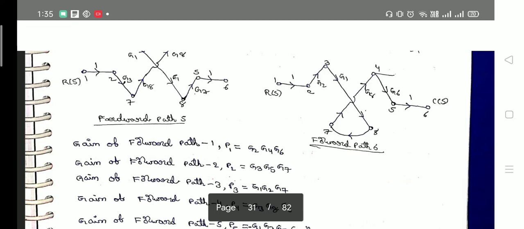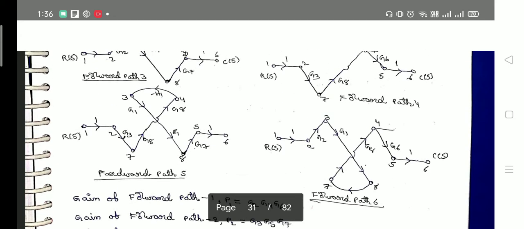This is the first step. The forward paths are very important first in this signal flow graph. If we make a mistake in the forward paths, the whole problem will be wrong. So first we observe what forward paths are there in the signal flow graph. Then all the forward paths are taken separately, and after that we write all the forward path gains. We multiply the forward path variables, then we write the forward path gain. This is the first step.